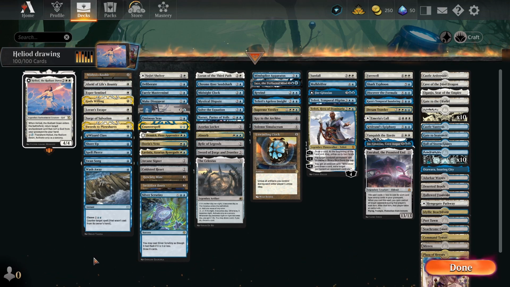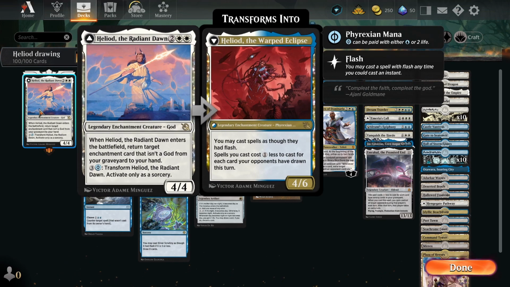We're playing Heliod, the Radiant Dawn. Heliod, the Radiant Dawn is actually one of my favorite thematic cards, both lore, story, and gameplay-wise, because it does have the upside of being able to return enchantments from your graveyard to your hand. That is pretty cool. However, its flip side is you may cast anything as if it had flash, and spells